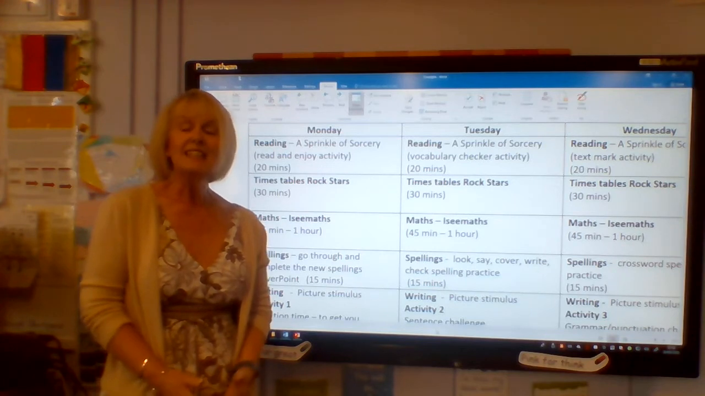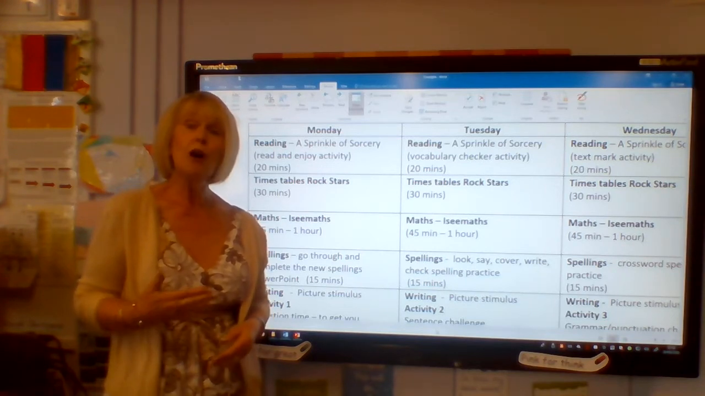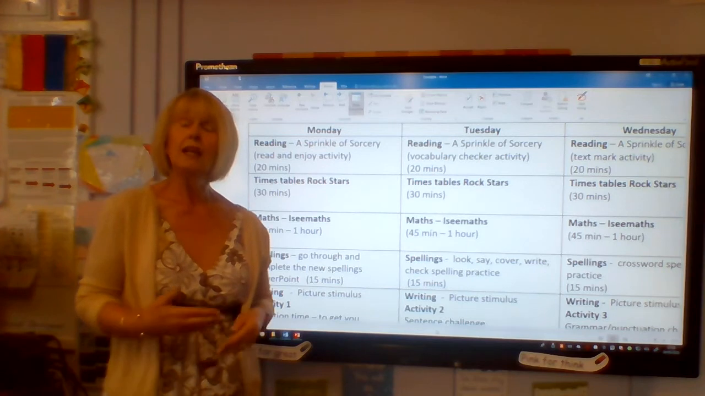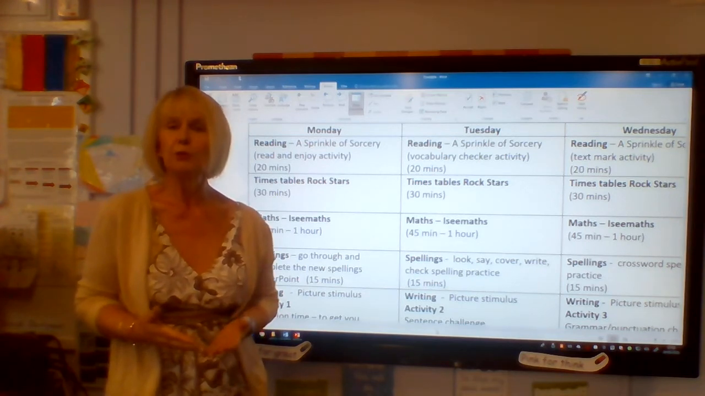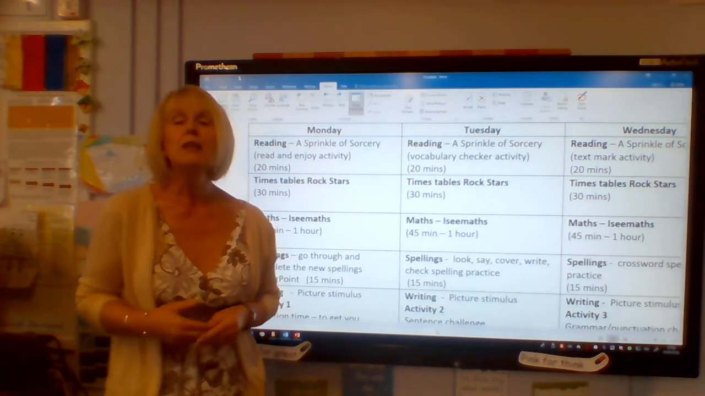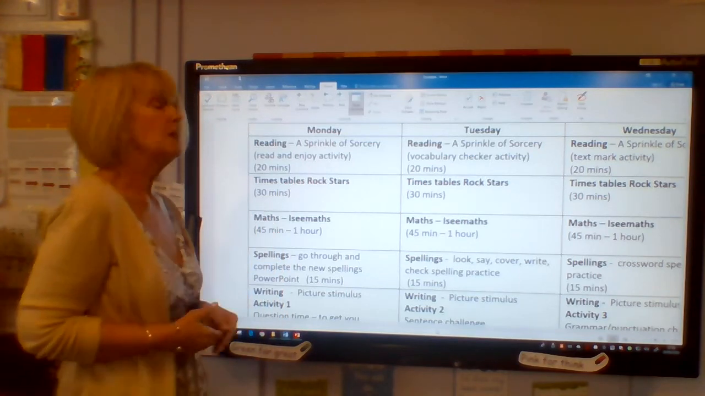Year 6. Today I'm going to be talking you through your home learning for next week. That's your home learning for week commencing the 27th of April. So let's get started. The first thing you need to pull up is your timetable, like I have on the